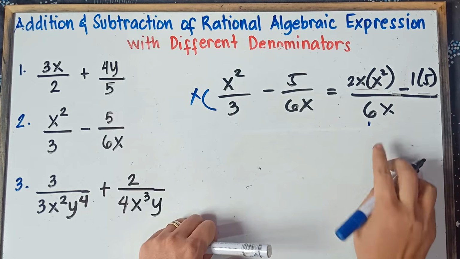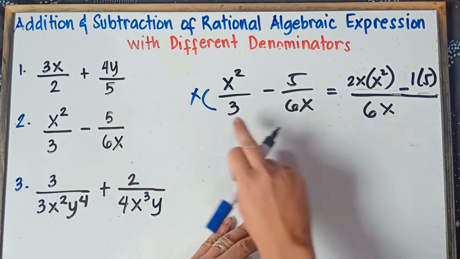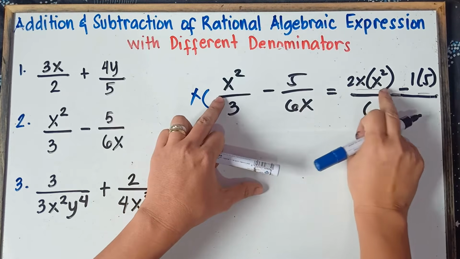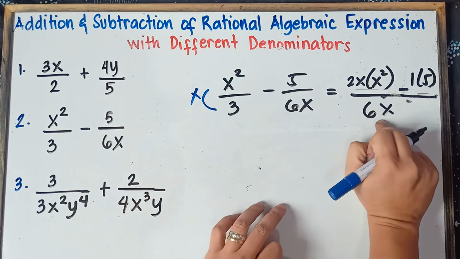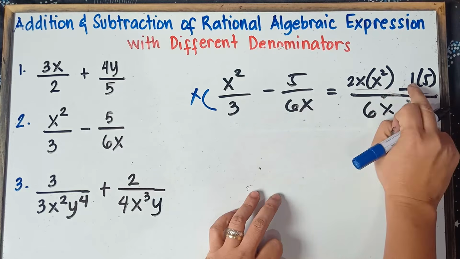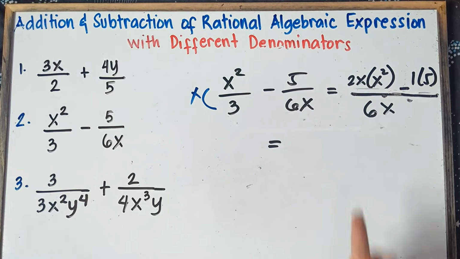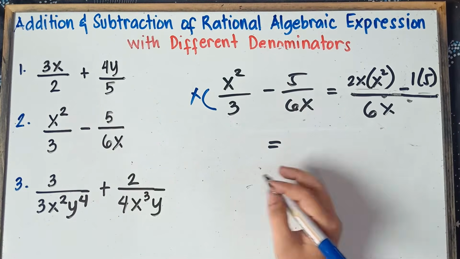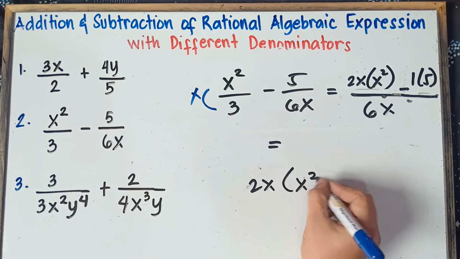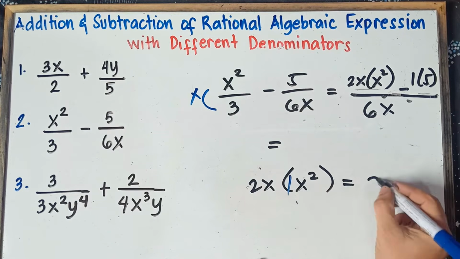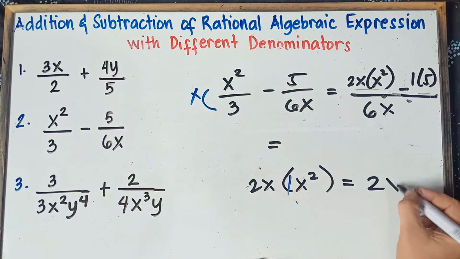Alright, so we don't have enough space, class. Once again, class, 6x divided by 3 would be 2x. And then 2x times the numerator, x squared. Copy the minus sign. And then 6x divided by 6x would be 1. And then times the numerator, times 5. So this will be 2x times x squared. So understood that there's 1 here. So this will be 2 times 1 is 2. x times x squared would be x cubed.